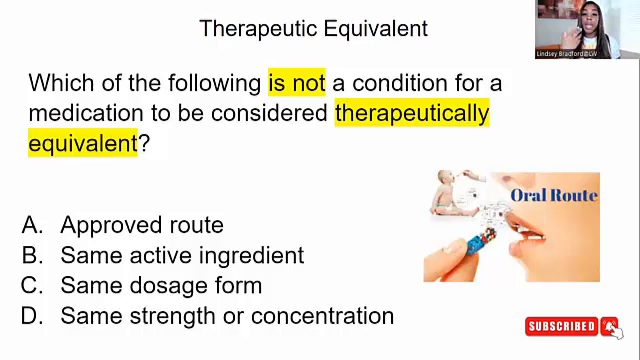It's like some days you may take Tylenol for a fever, or you may take Motrin for a fever. They're two different medications, but they both do the same thing. That's what we're talking about here. So it says which one is not an approved route. Excuse me, I just gave you the answer. Which one is not a condition for medication to be considered therapeutic equivalent? That's going to be an approved route, okay? And the reason why it's an approved route is because even though,